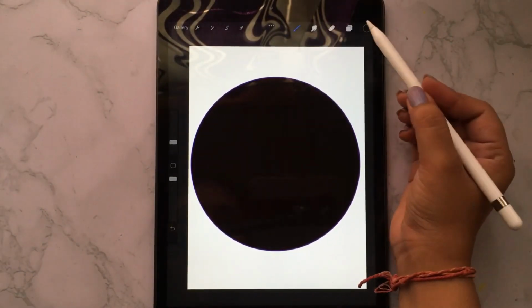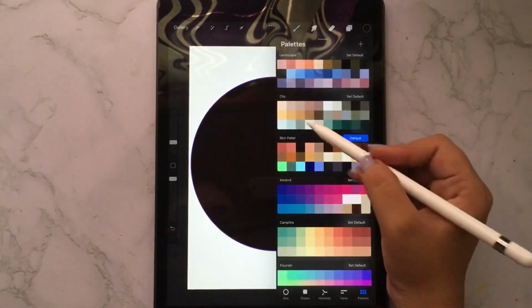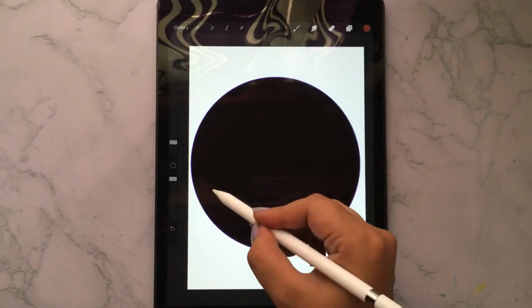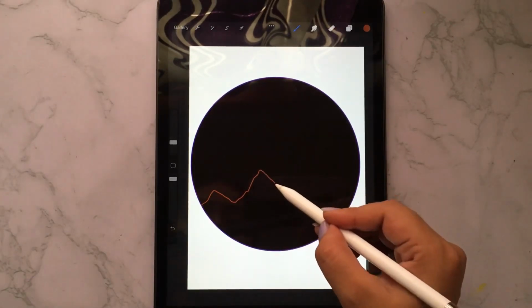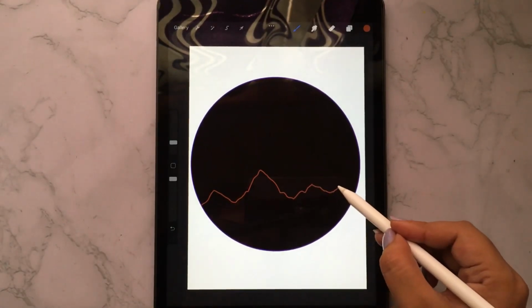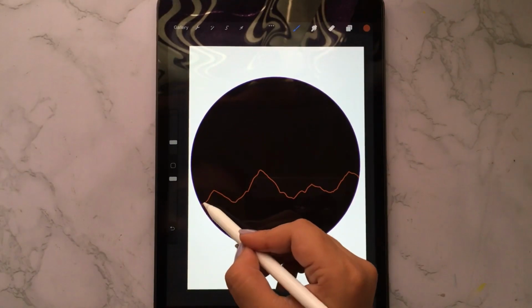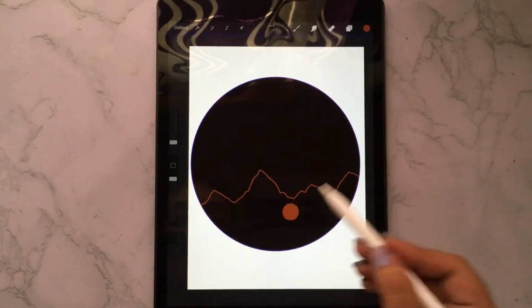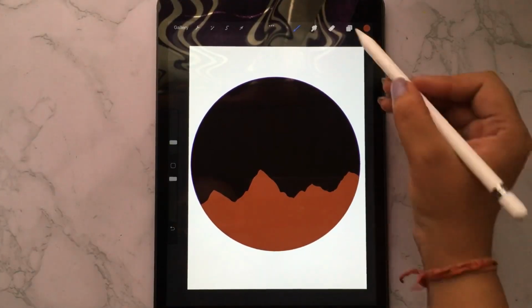Go to the second layer, put clipping mask and make some mountains like this, some wobbly lines, and close this from end and drag the color, and you can here see the mountains.